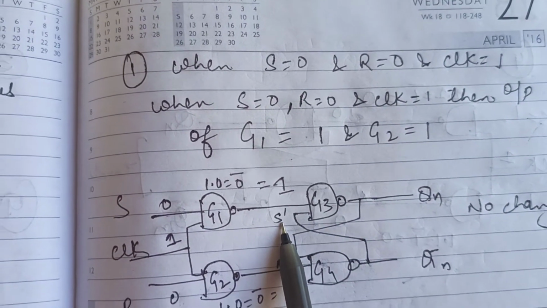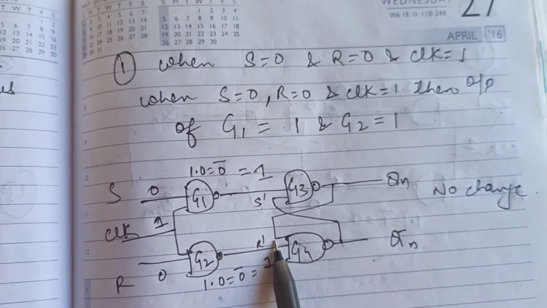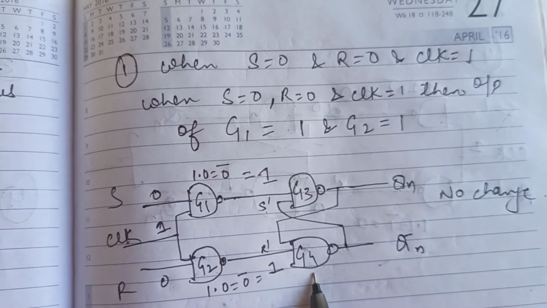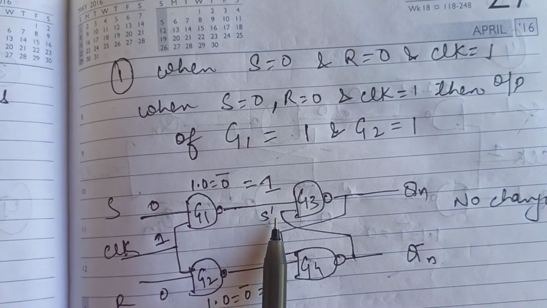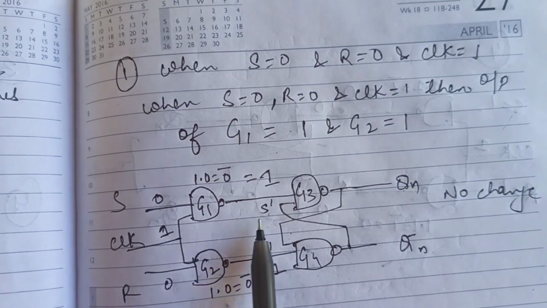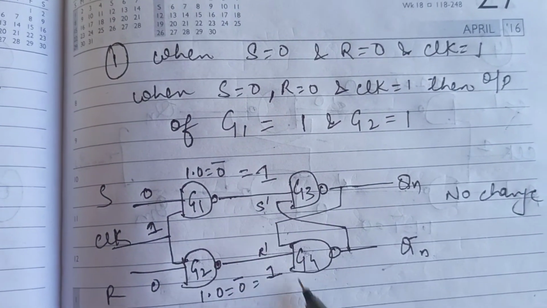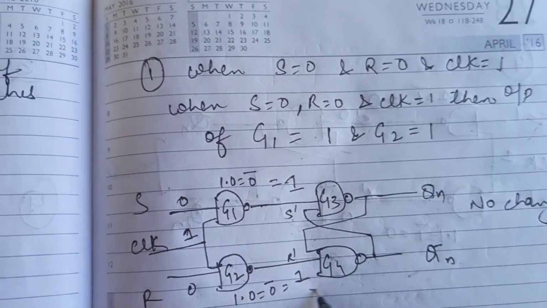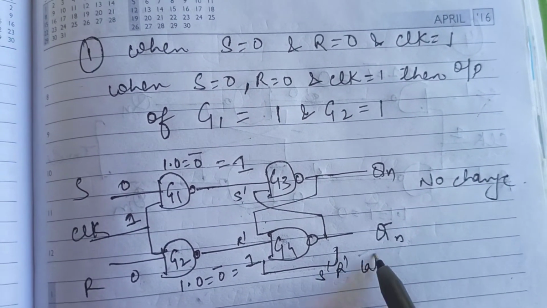Here the input we denote is S bar and this one is R bar. In this SR latch case, why are we denoting S bar and R bar? Because we can't denote the same S's here. It will repeat. So we just denote S bar and R bar. The value of S bar equals 1 and R bar equals 1. It goes into this latch circuit. This is your S dash R dash latch.